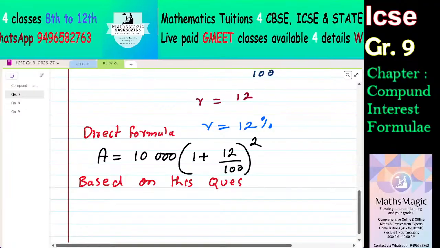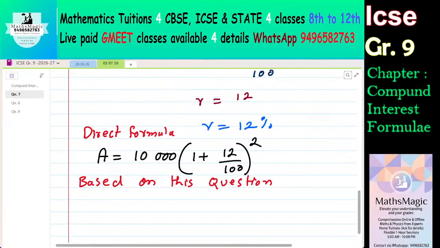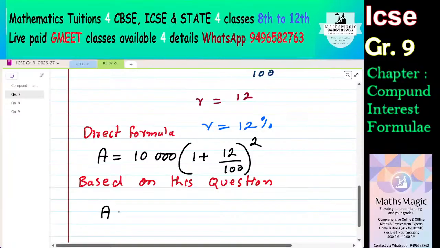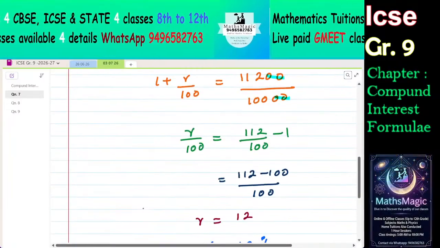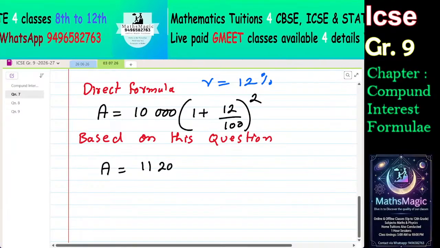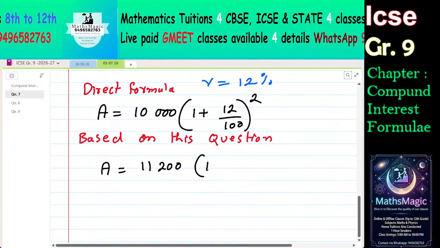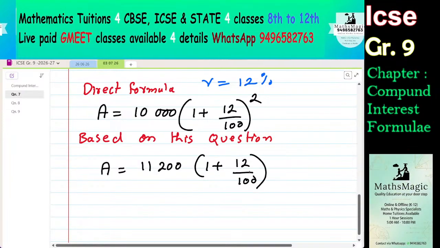And based on this question, amount equal to 11,200, put to the power